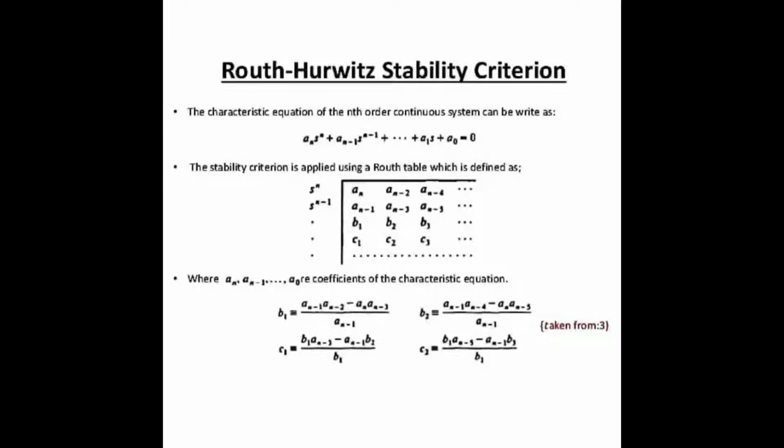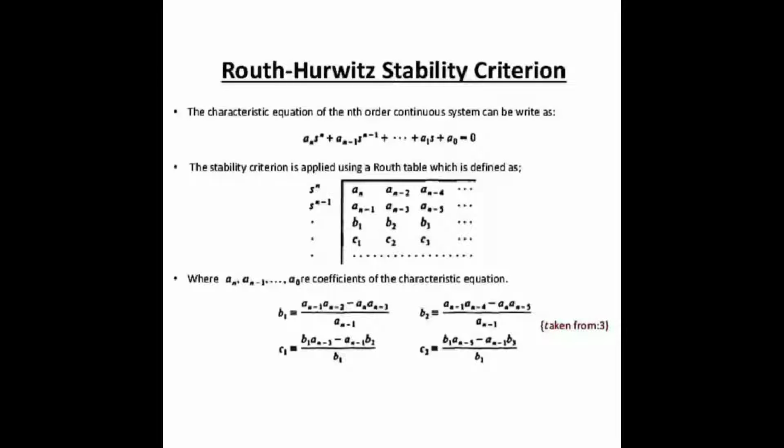Except for this general concept of stability, there are two major methods or techniques for determining stability in the time domain. The first time domain stability analysis method is the Routh-Hurwitz stability criteria, and the second is the root locus. So in today's session we are going to discuss both the methods. In the Routh-Hurwitz stability criteria, the characteristic equation is analyzed. The characteristic equation is nothing but the denominator equation of the transfer function.